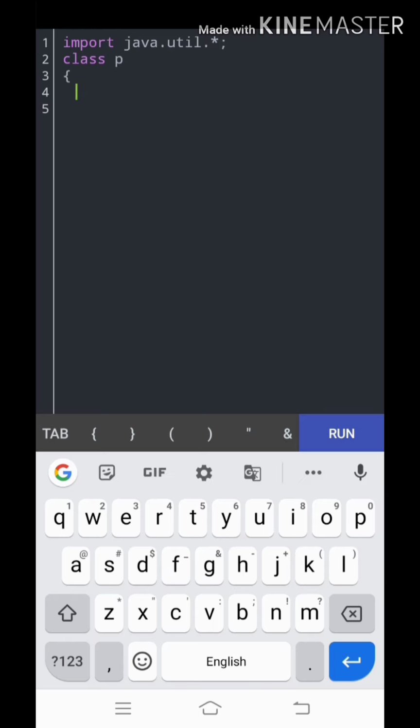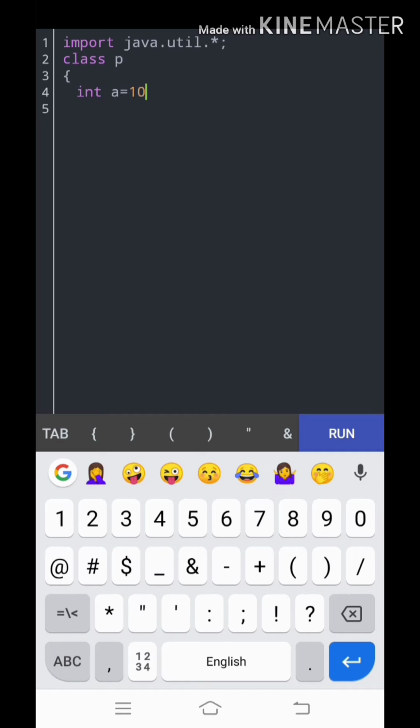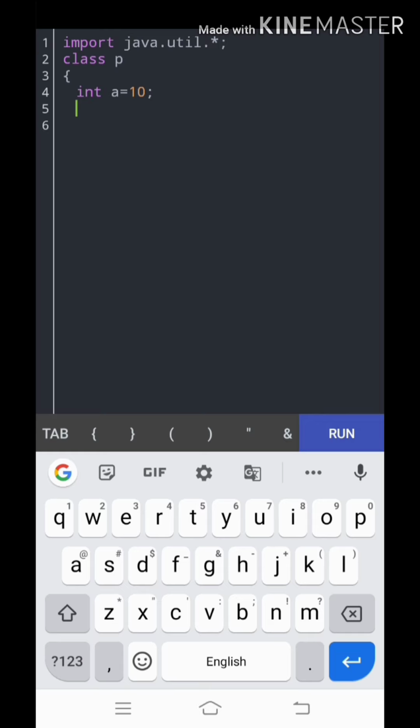p. Now, as we are dealing with global variables, we need to declare a variable outside of the main function, int a equal to 10 semicolon. To print this value, I am going to write a void display method, which will be helpful for displaying the value of a.